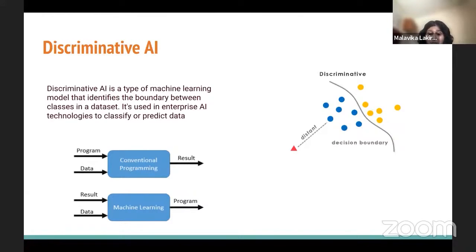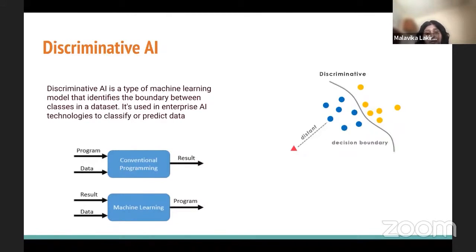Machine learning is slightly different, because when we are training the model, we are giving the model the underlying data and the result, and we are asking the model to figure out what the rules or the program should be for this data that would give this result. The machine would spit out a program, or a model, which can then be used on further incoming data.